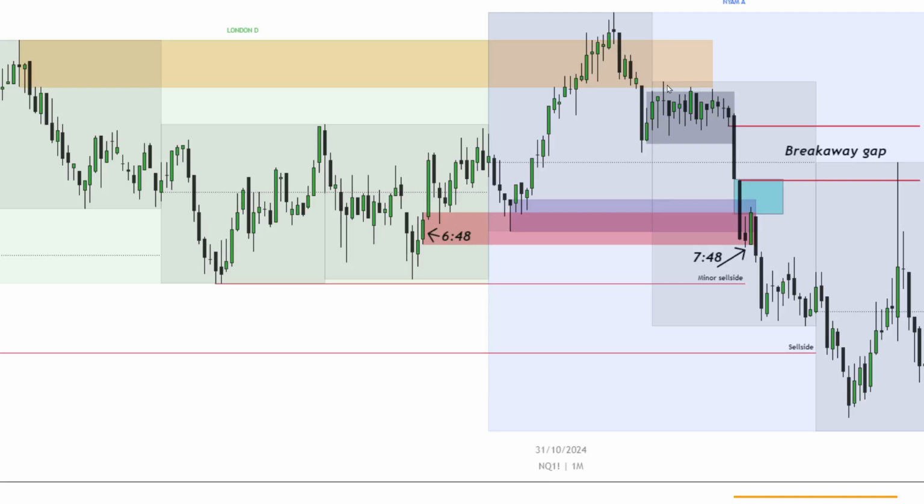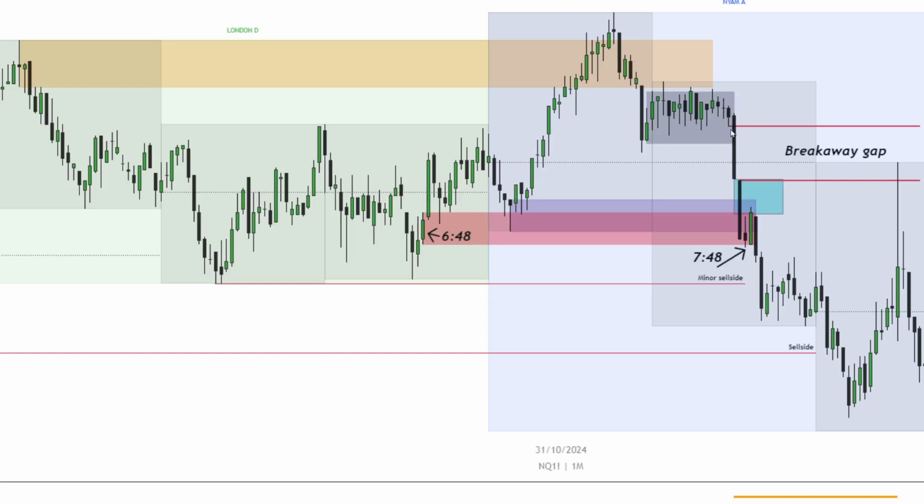But you could also be saying, Nautilus, how do you know if it's going to expand if this is all just chop? This is not chop, this is time distortion waiting for our macro time. As you can see here at the bottom of the screen, this orange box is our macro window. As soon as 7:45 hits, which is on this candle here, this is the 7:45 candle, we can see immediate distribution down. All of this is time distortion waiting for a macro window.